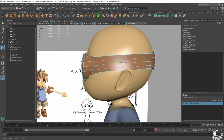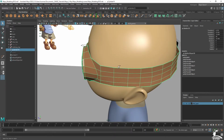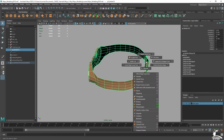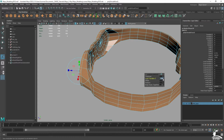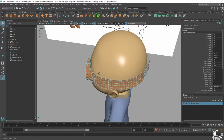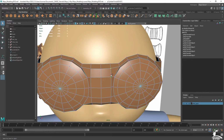All right, let's quickly move along here. And then what I will do now is Control 1 and Shift Extrude, okay? And what I'm going to do is actually move this outwards like so. And now we have a 0.5 thickness. I think that'll be good all around. And there you go, look at that. So now we have this nice thickness set for our